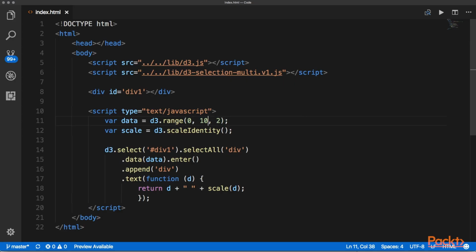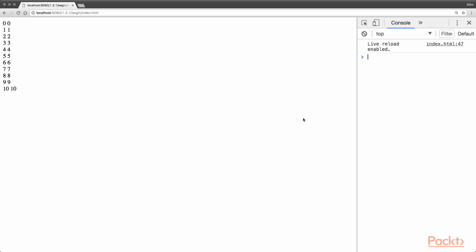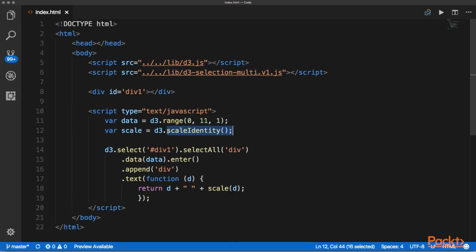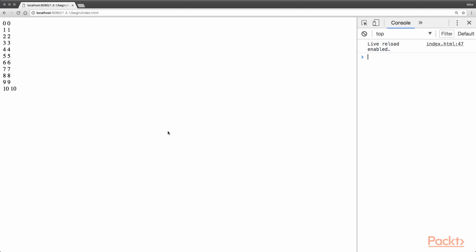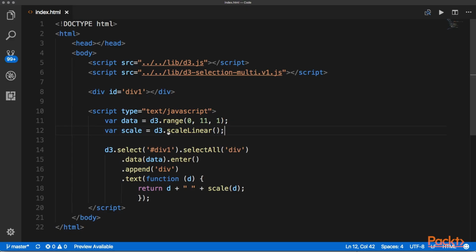So let's change this to generate 0 through 10. So that would be 0, 11, 1. And there we go. We have 0 through 10. Now let's change our scale identity to a scale linear. And heading back into the browser, we see this hasn't changed from before. That's because just using a scale linear like this just creates a one-to-one mapping. It's basically an identity. So what we want to do to make this useful is add a call to .domain